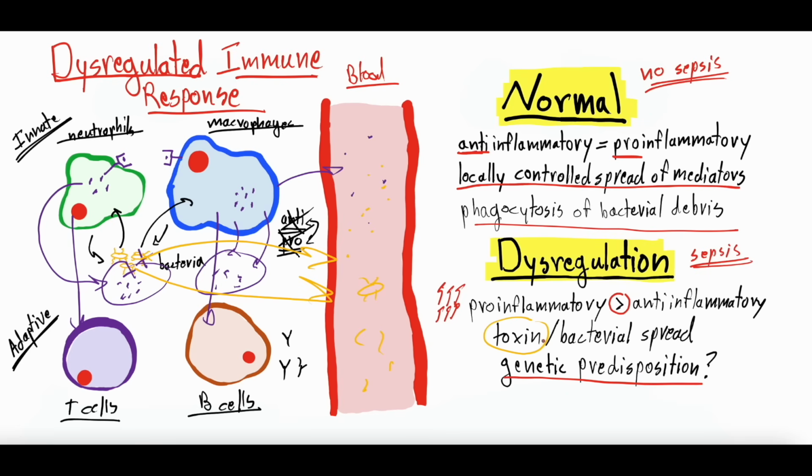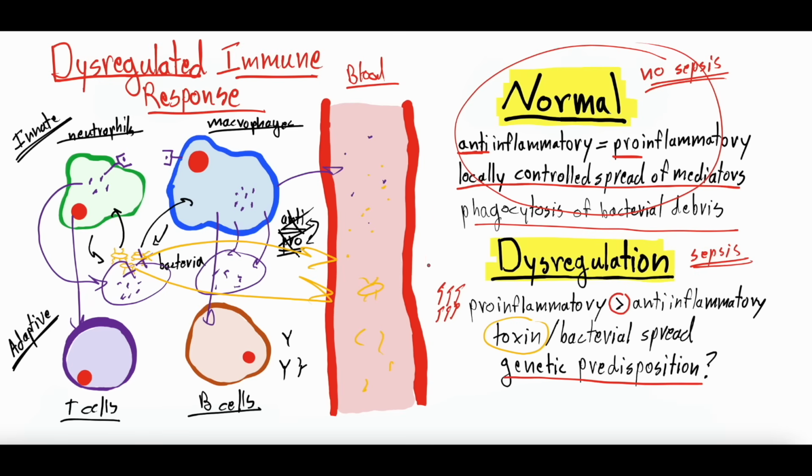So sepsis is when you have an infection, but instead of having this normal response where your anti-inflammatory mediators equal your pro-inflammatory mediators, you have some degree of local control over the spread of infection, you're getting rid of the bacteria and bacterial debris, you start to get this dysregulation where your immune system goes into overdrive, it runs wild, and the pro-inflammatory molecules signal much more than the anti-inflammatory, which then recruits more immune cells, causing more inflammation, and you see how that spiral starts to develop,